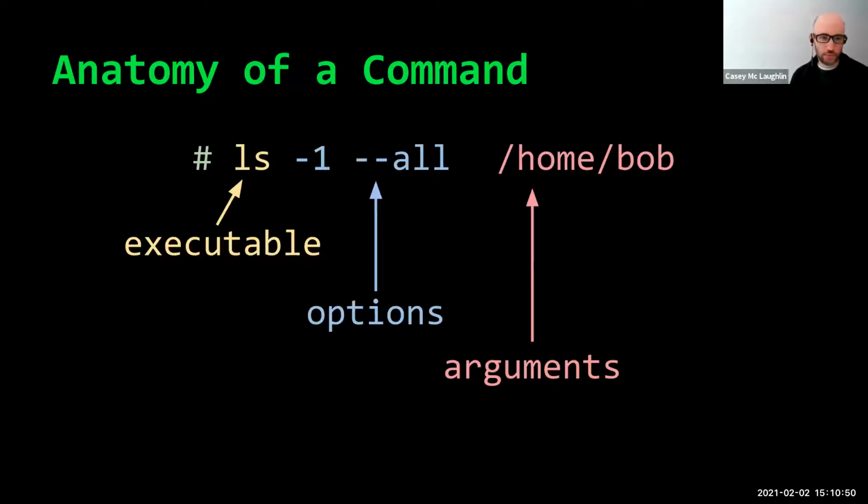The executable is the program you're running or the action you're taking. In this first case, you'll see ls, which means list. And we'll demonstrate that in a couple seconds. It shows the files in a directory, aka folder. So I'm going to be using the terms directory and folder interchangeably. Technically, it's referred to as a directory, but when I say directory, if you're more comfortable with the term folder, just think folder because they're synonyms.